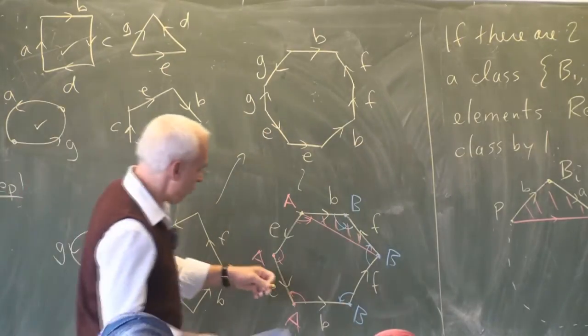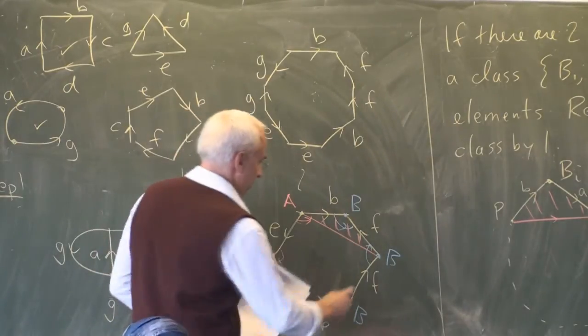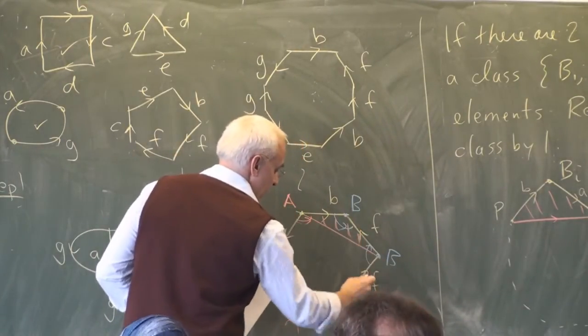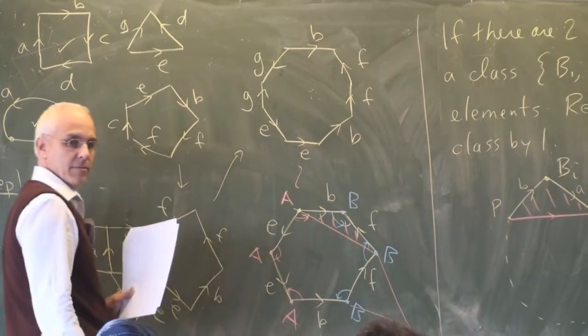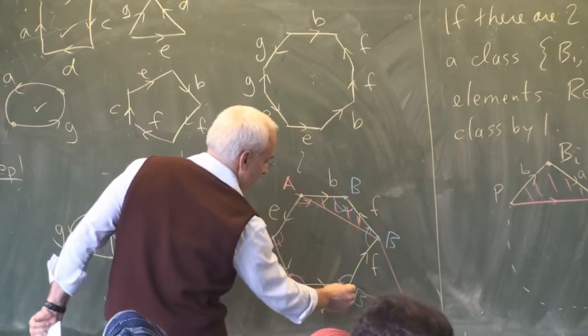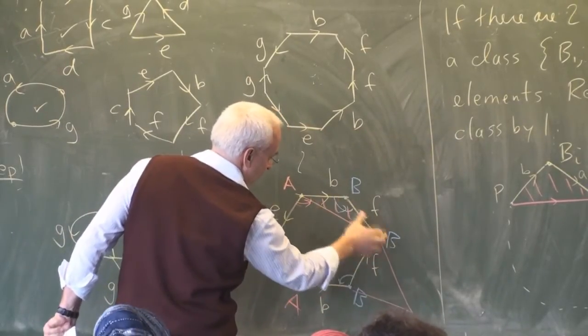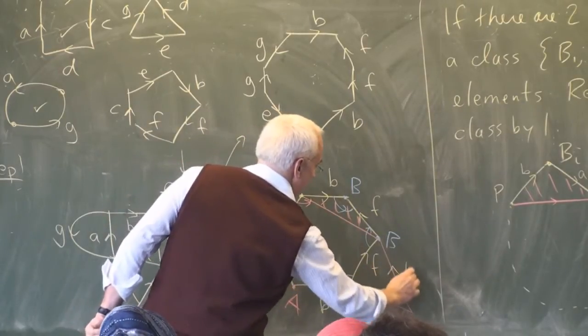And I have to look for one of the places that I can attach it to. Well, let me attach it right here. There's an F edge here, and there's an F edge here. So I'm going to attach this triangle right here. Let me label the edges correctly. Here was F. This is coming over here. I had to flip it over. This is now the B edge.